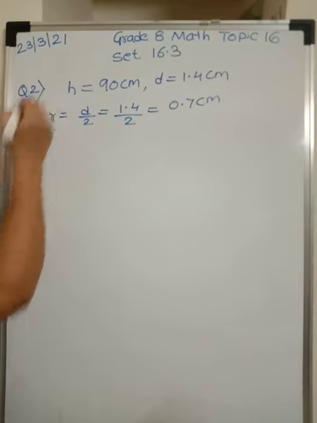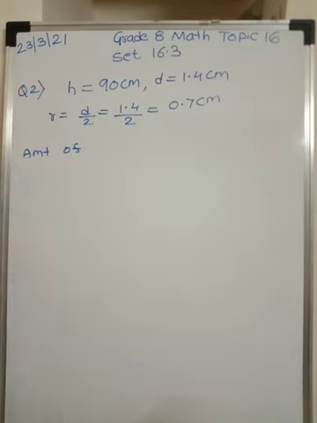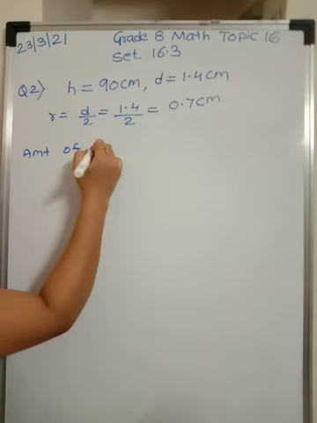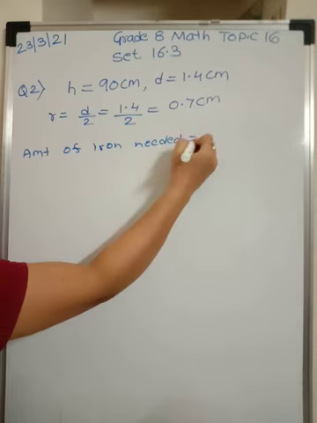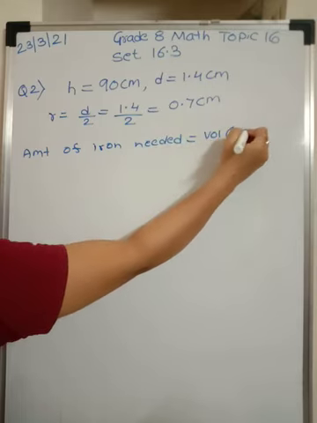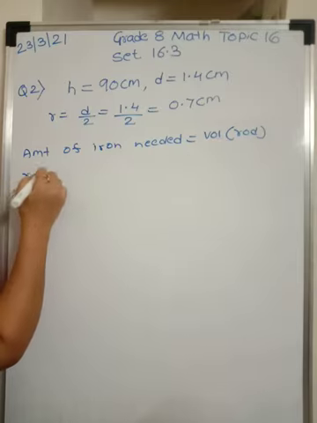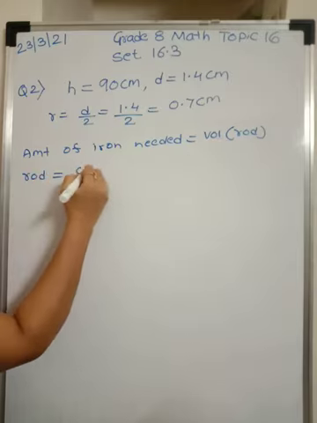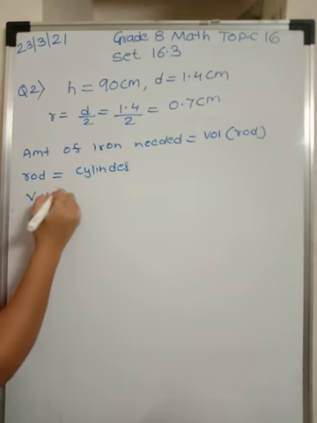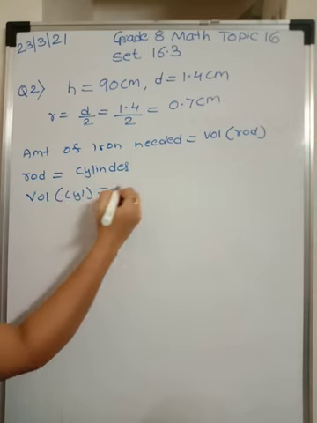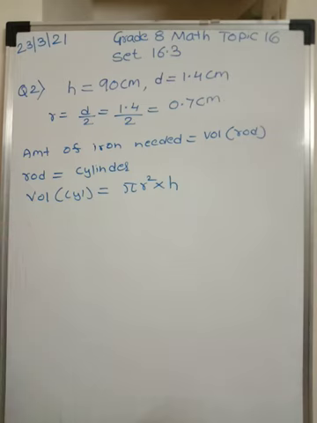Now let us find the volume. First you should write: amount of iron needed is equal to volume of rod, and rod is equal to cylinder. Shape of rod is same as cylinder. So volume of cylinder, we have seen, area of base is pi r square into height, because the base of a cylinder